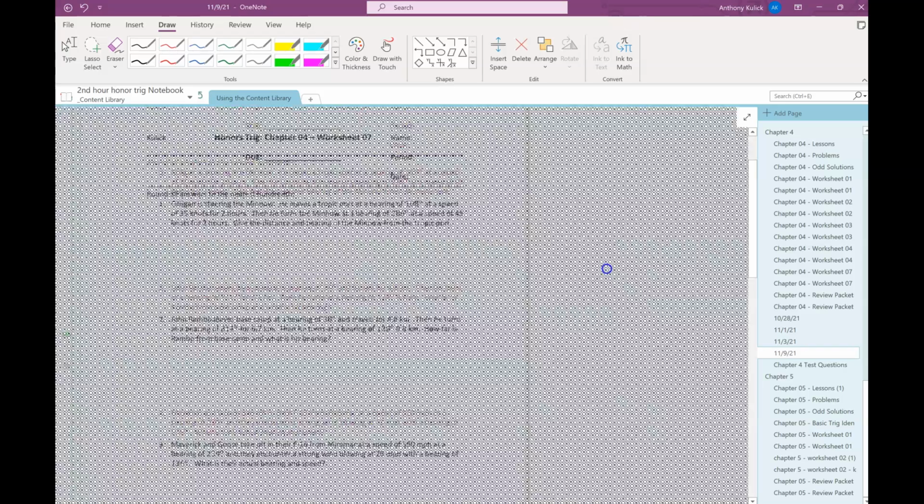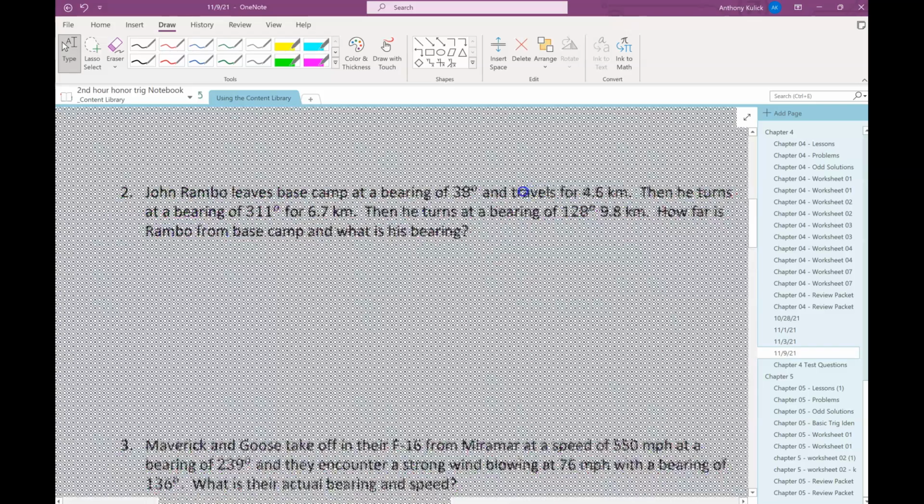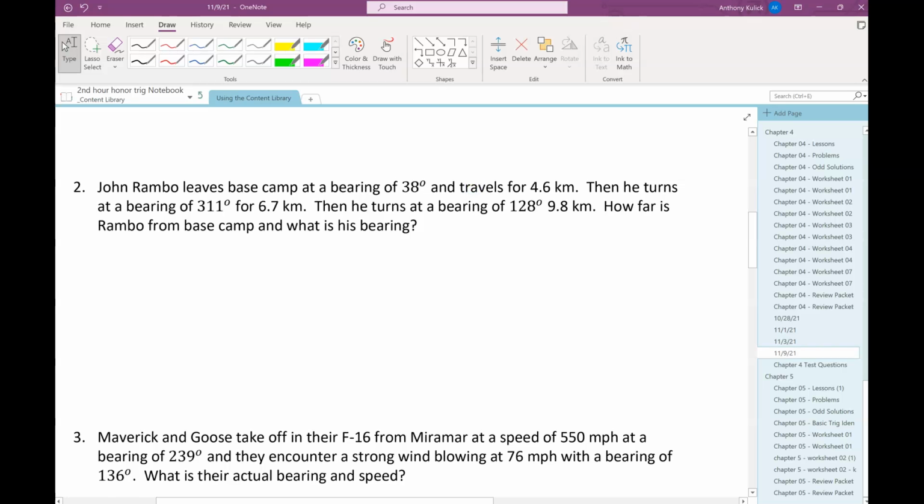All right, worksheet 7, question 2. So we got basically 3 turns going on, right? You agree with that? We do this bearing for this far, then we do this bearing for that far, and then we do this bearing for that far. So I'm just going to think of this as 3 legs. Like the first leg,